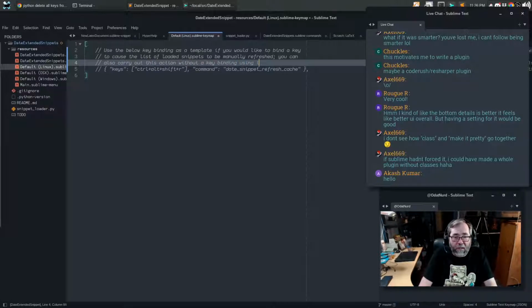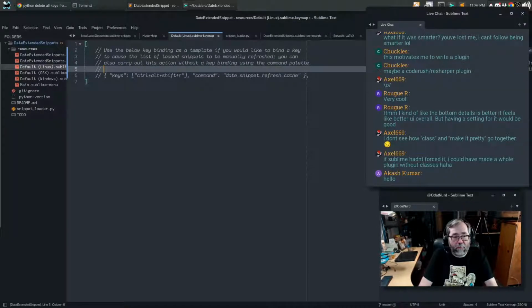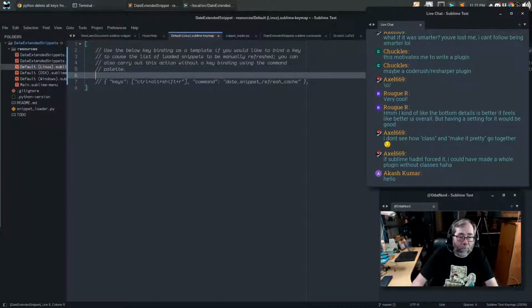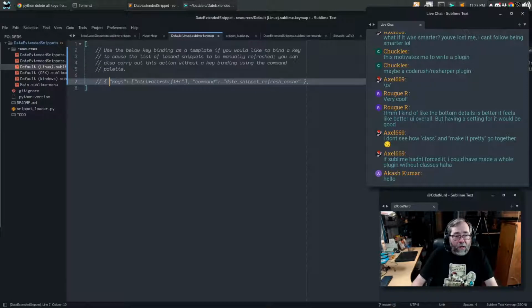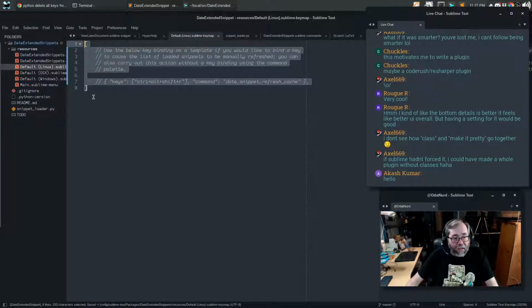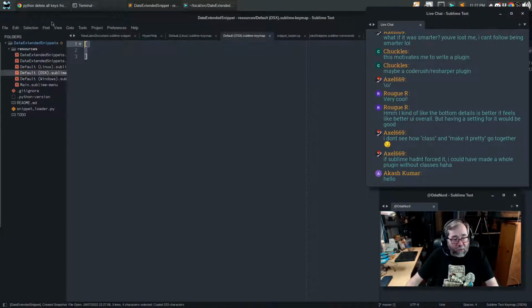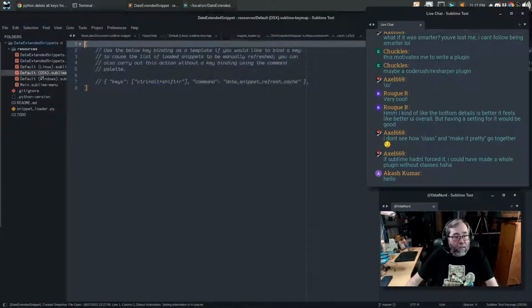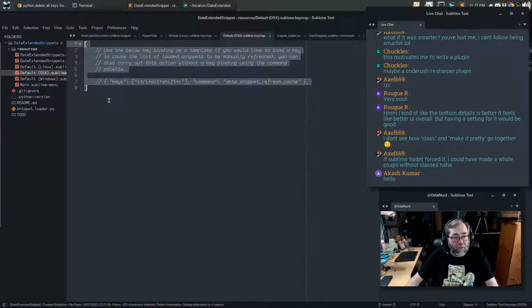Without a key binding, use the command palette. Okay, so we have that, and then we just go ahead and put that into this file, and into, whoops,